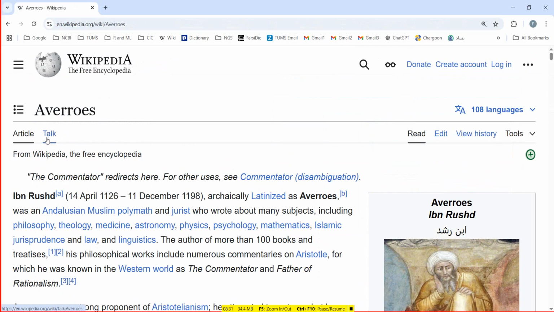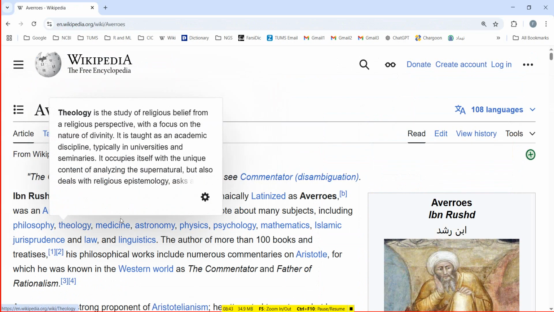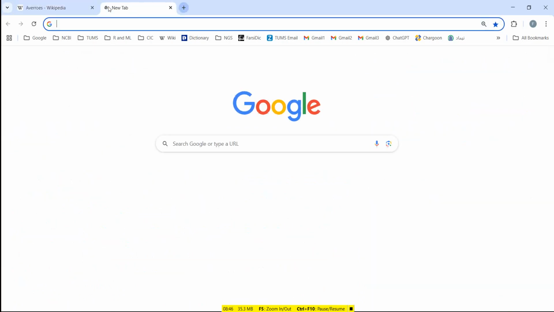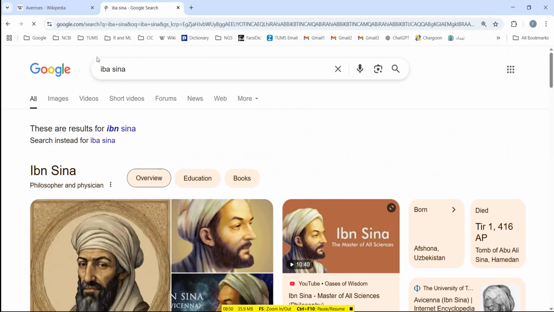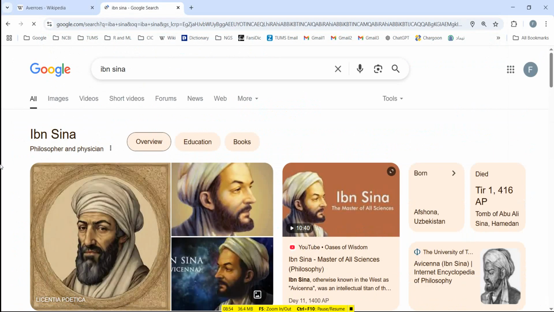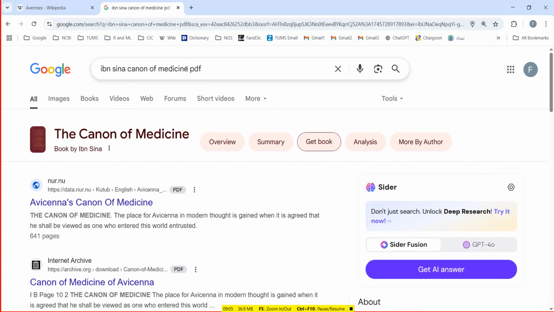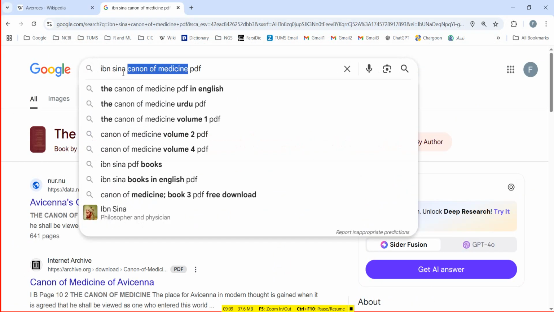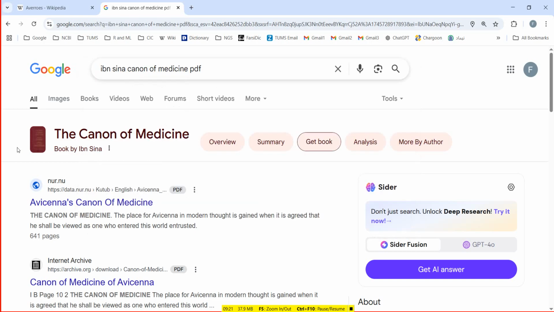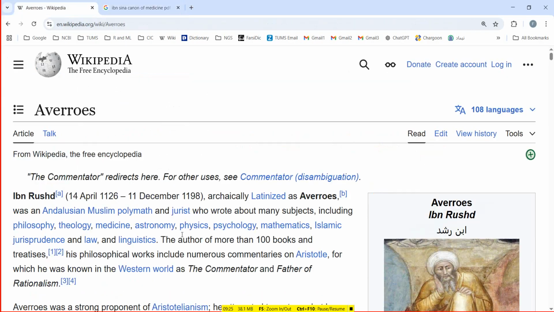So we had four major figures in Andalusia. One of them was Averroes or Ibn Rushd, who was a major figure in philosophy, theology, as well as medicine, astronomy, and physics. And many other people, like Ibn Sina, who is usually known for his book Canon of Medicine. He was also a philosopher at the same time. After the printing industry became available in Europe, the first book that was printed was the Bible. The second book was Canon of Medicine, because of his influence on medieval medical sciences. But anyways,